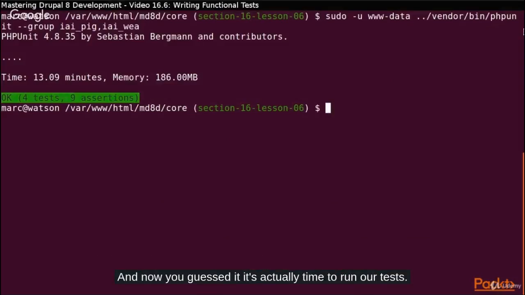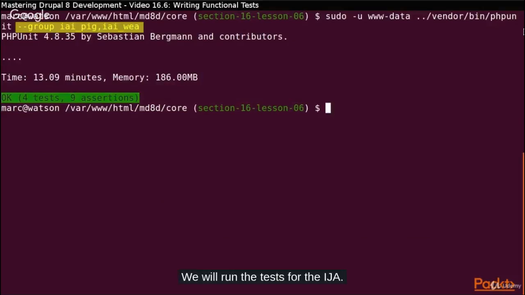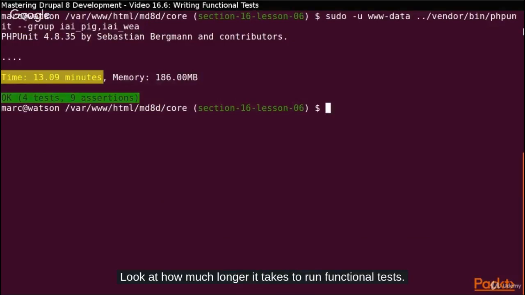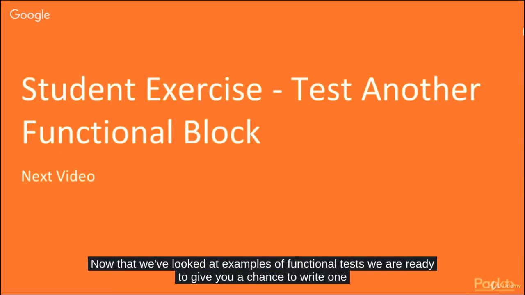And now, you guessed it, it's actually time to run our tests. We will run the test for the IAI pig and IAI WEA groups. Look at how much longer it takes to run functional tests. Now that we've looked at examples of functional tests, we are ready to give you a chance to write